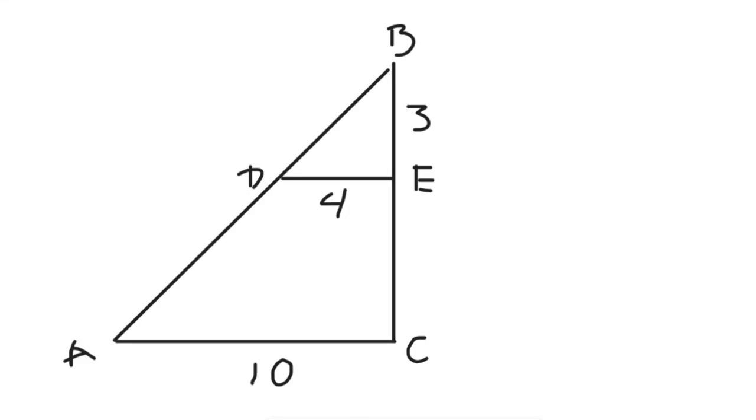For this problem, it is asking us to solve for the length of AB, so side AB. Now, what we could do is just use the Pythagorean theorem if we had all the sides, but we don't. Since we don't have BC, we can't use the Pythagorean theorem. But what we can do is recognize that we can use the Pythagorean theorem to solve for DB. And when we do that, we're going to have enough information to use the between triangle ratios that we